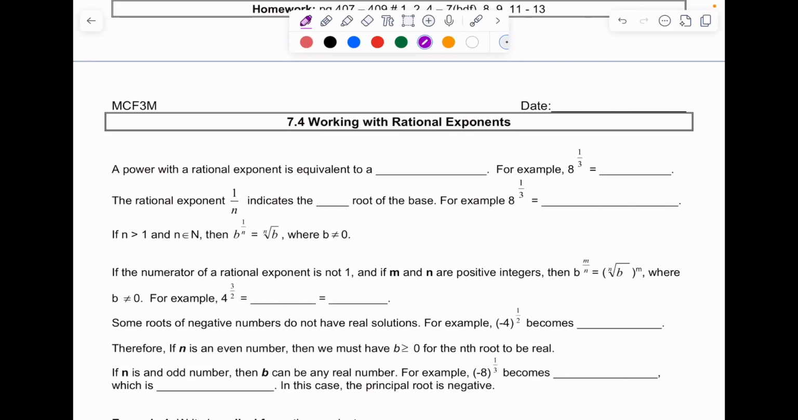Okay, so in today's lesson 7.4, we are working with rational exponents. And rational exponents really just means fractional, okay? So we're dealing with exponents that have fractions in them. And I guess in saying that, if you're still struggling with working with fractions, please go back and review just